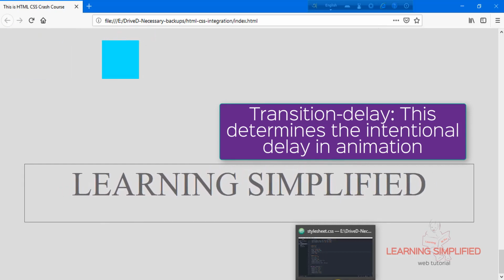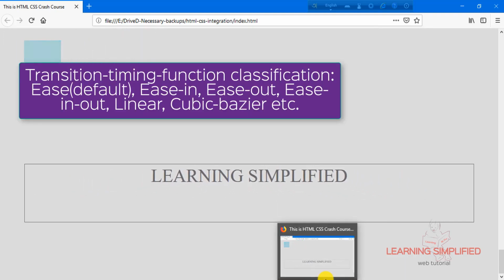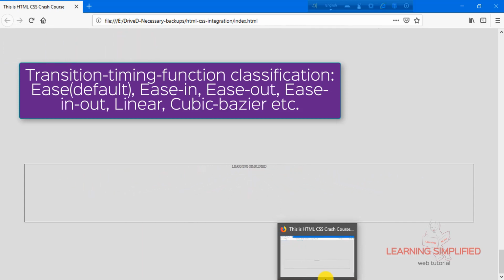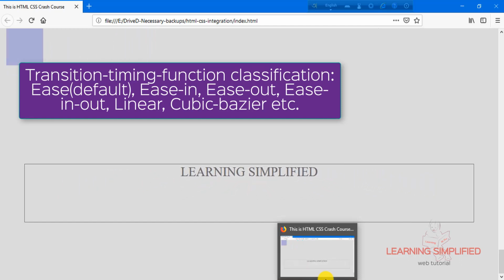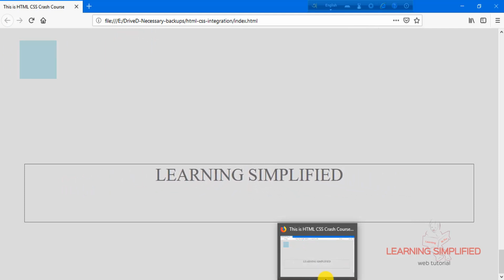The transition timing function also has some particular values, such as linear, ease-in, ease-out, ease-in-out, or ease, which is the default value. So what are all those things?